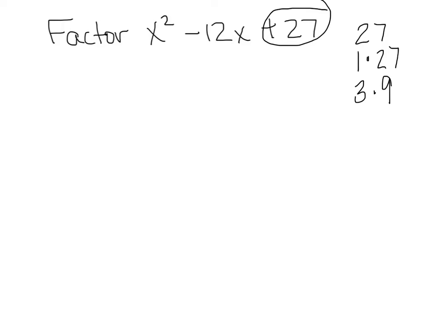Now I want to look at the coefficient of the middle term, and we have a negative 12. So let's think about this for just a minute. 1 plus 27 is 28. If I changed both of those to negatives, that would be negative 28. Since the term in the middle is negative, and the term on the end, our constant term, is positive,